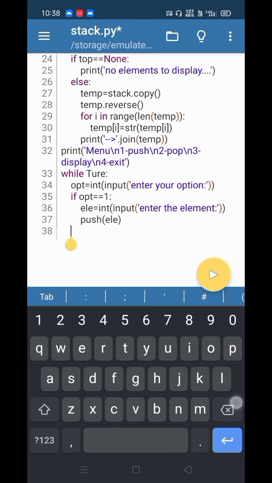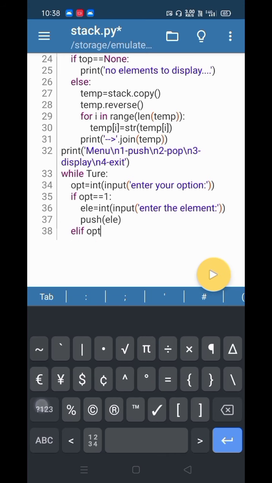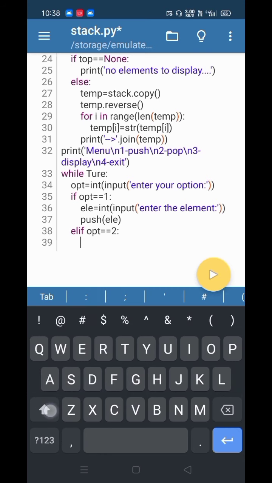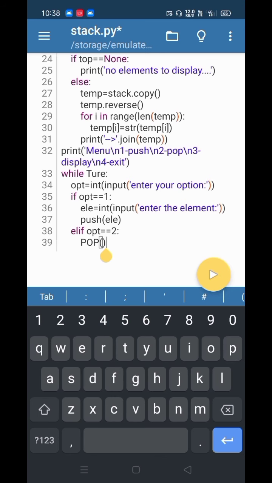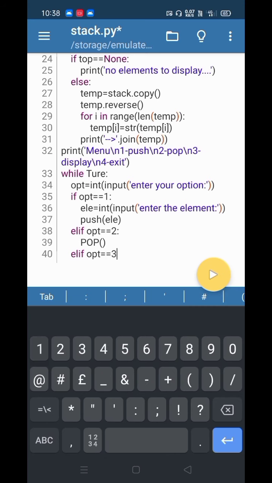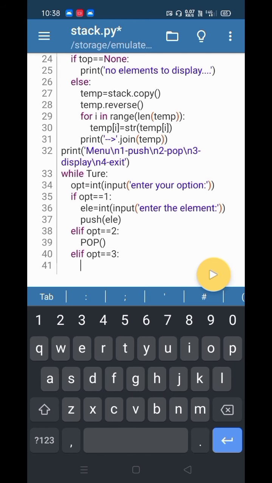After that, elif option is exactly equal to 2, then I will pop. After pop, elif option is exactly equal to 3, then I will call the display function.